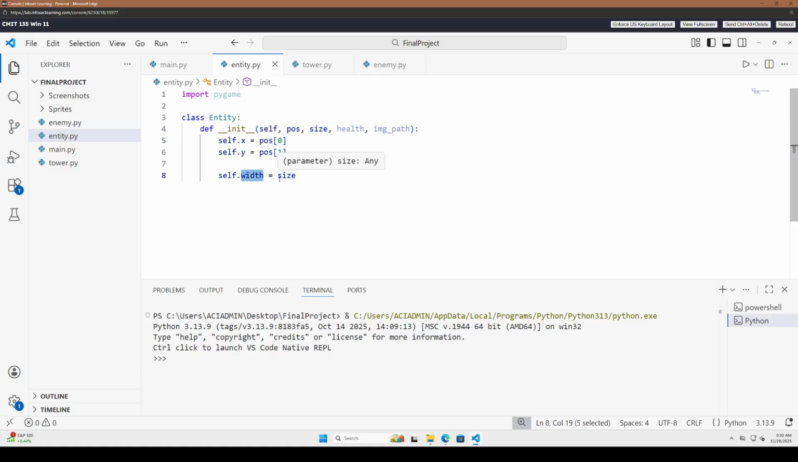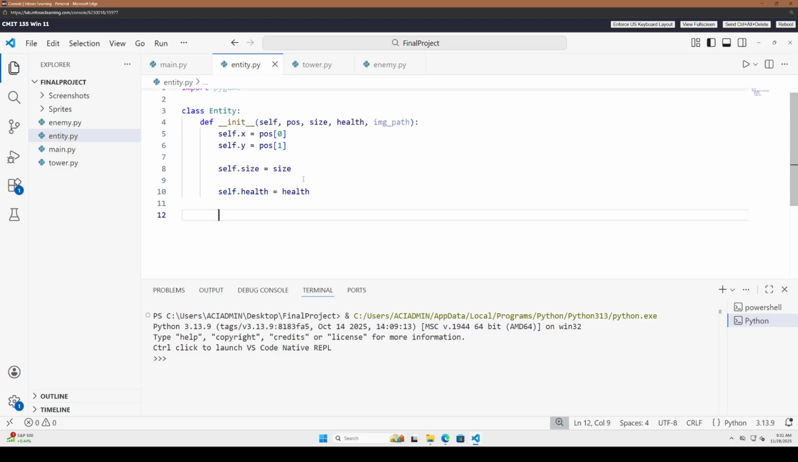I want one by one entities, so I'm going to do size. There's going to be no width and height. It's just going to be one size for both the width and the height, which will create a one by one aspect ratio. Self.health is going to be equal to the health, and then the self.sprite